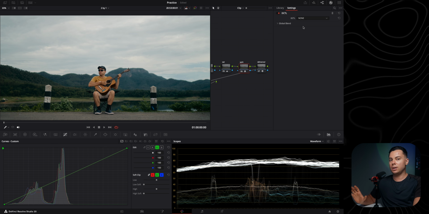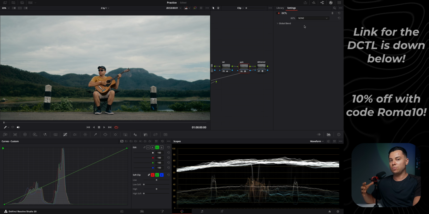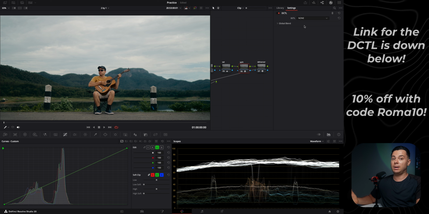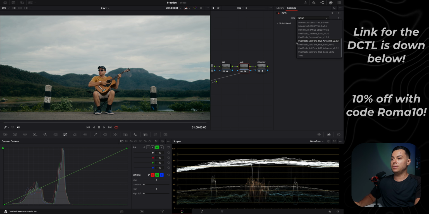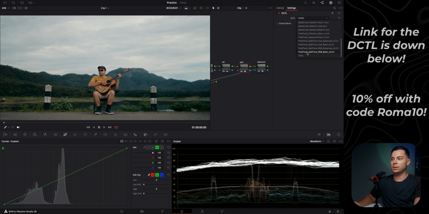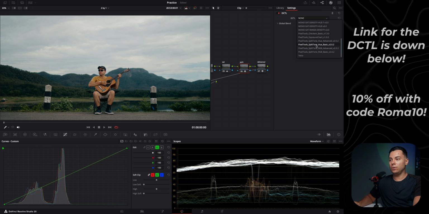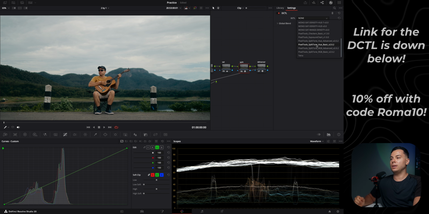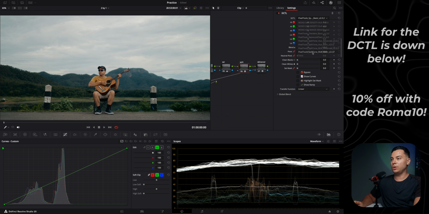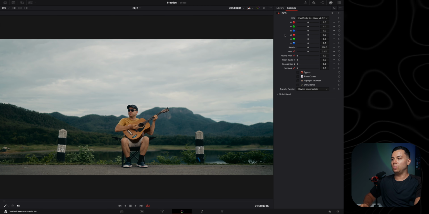It works much better than all the other tools, and it's not too pricey for what it actually does, in my opinion at least. So let me add this. It's called the Pixel Tools Split Tone RGB or Hue. I'll show you the differences a bit later on. I'm going to add the RGB one at first, and I can close all this and just work with this